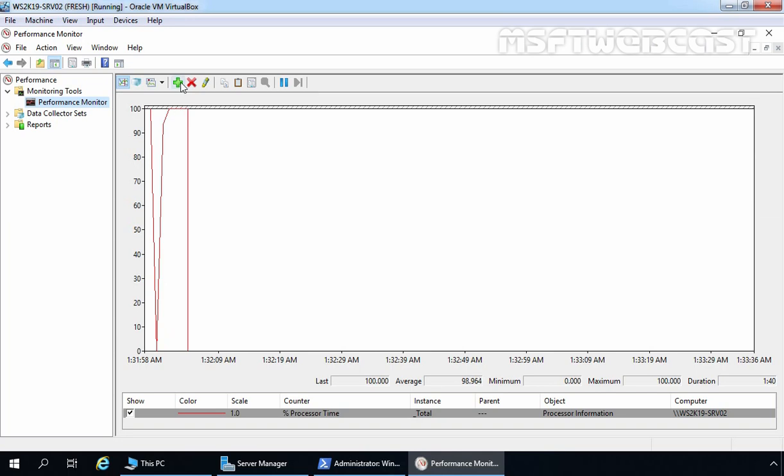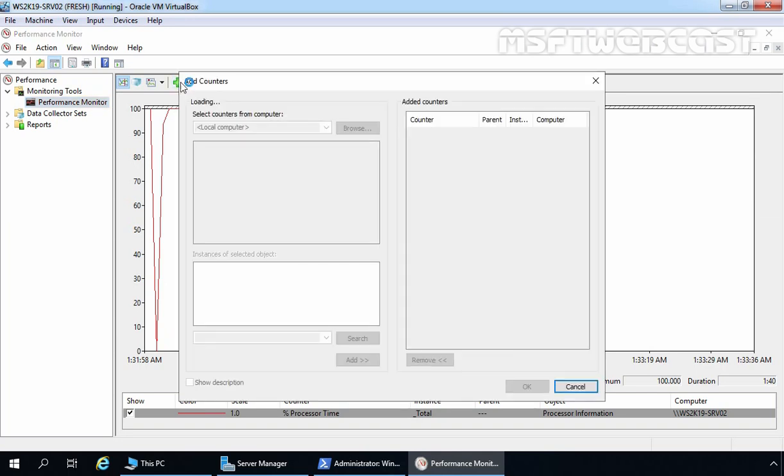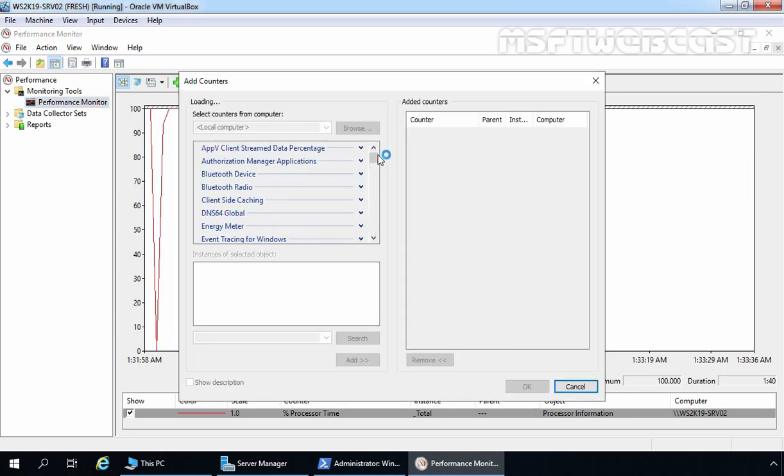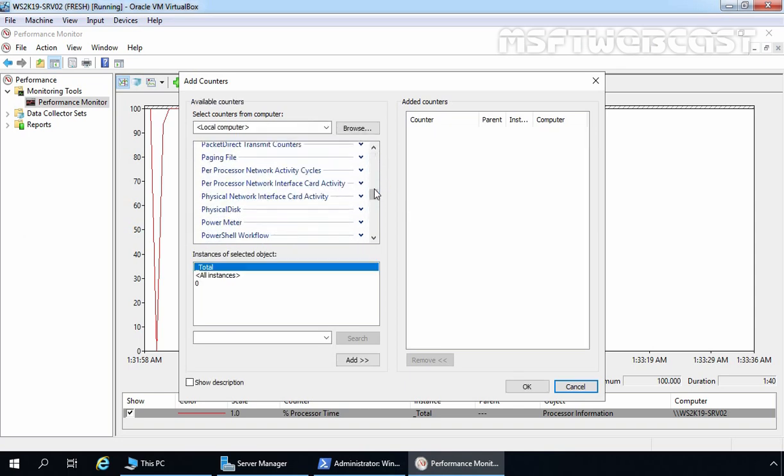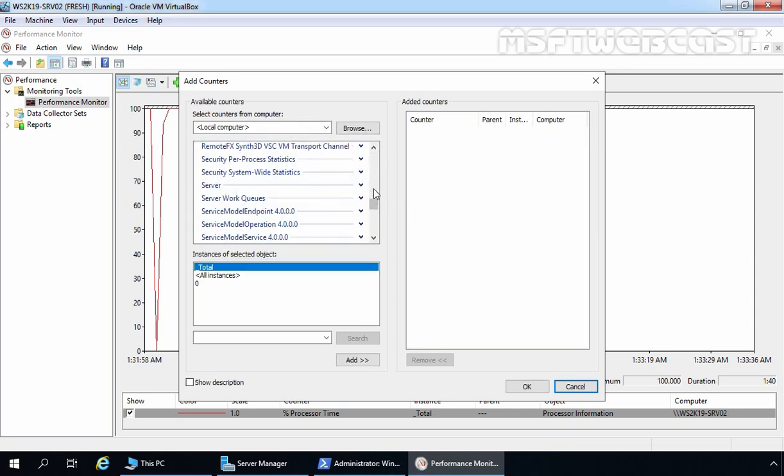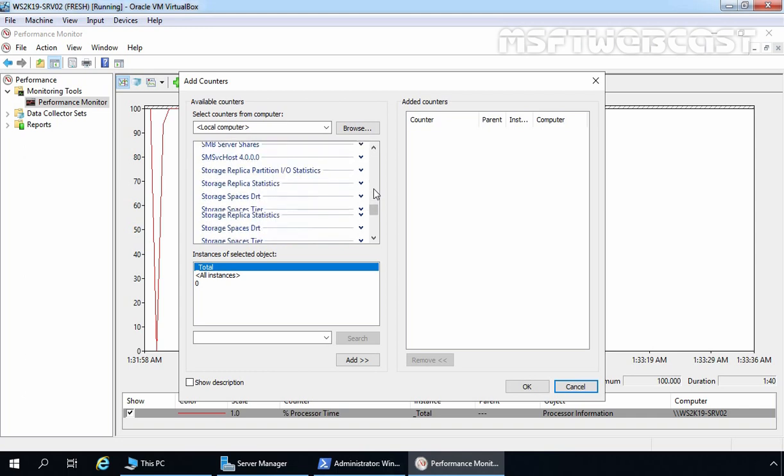I'm going to click on a plus sign. Okay, let's find storage replica. Okay, here we have all the counters for storage replica statistics. Let's click on add and click on OK.